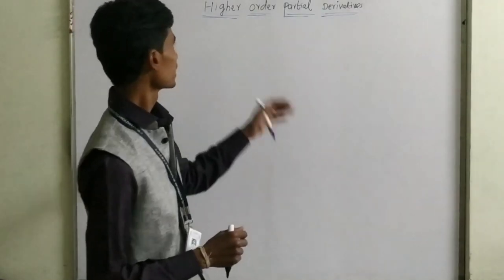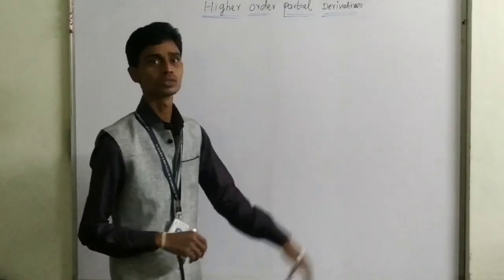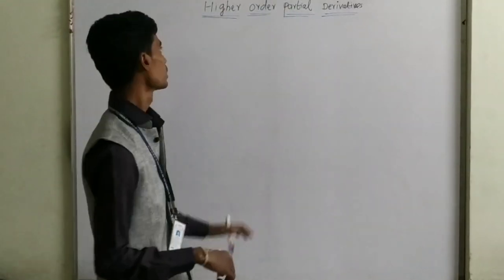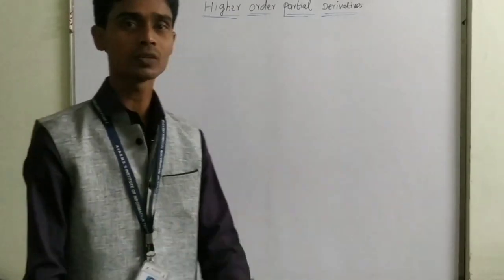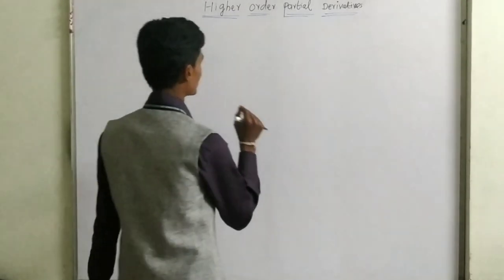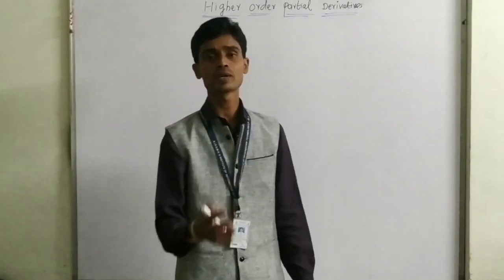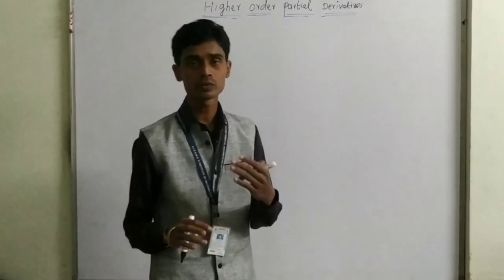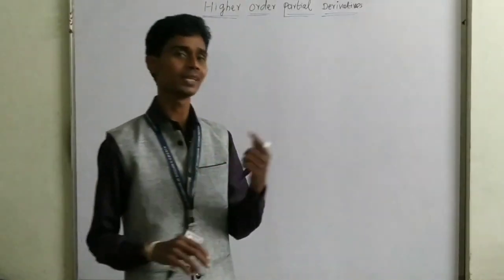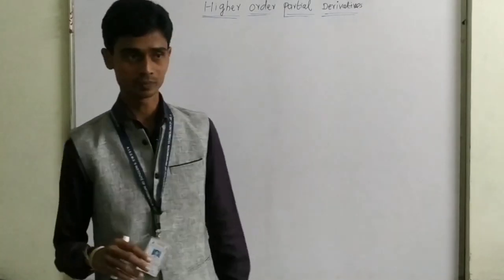So we discussed today the higher order partial differentiation, Engineering Mathematics 1, unit number 3 in 19 pattern, unit number 5 in 2015 pattern. So how to find out the higher order partial derivative of any function? First keep in mind, when we find the partial derivative, if there is more than one independent variable, then we find the partial derivative of the function. If there is only one independent variable, then we find the ordinary differentiation.